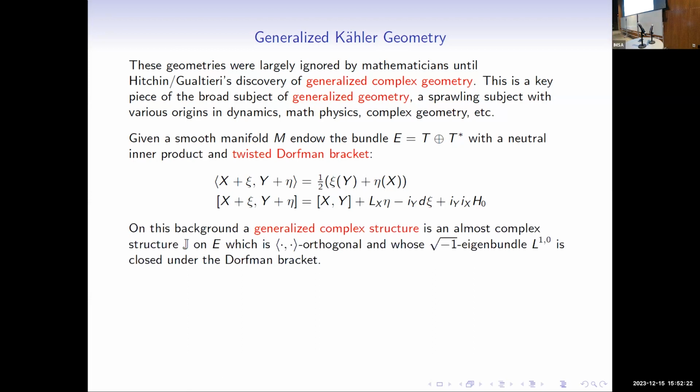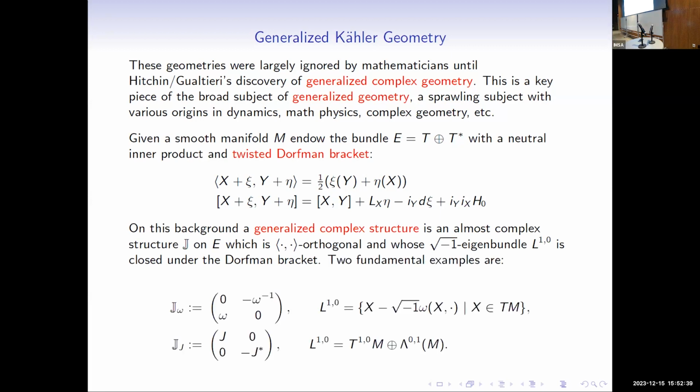Okay, and then on this background, a generalized complex structure is the usual almost complex structure on the bundle E, which satisfies an algebraic condition. So it's orthogonal with respect to the neutral inner product, and then it has an integrability condition, which is that the i eigenbundle is closed under the Dorfman bracket. And of course, the 2 key examples are